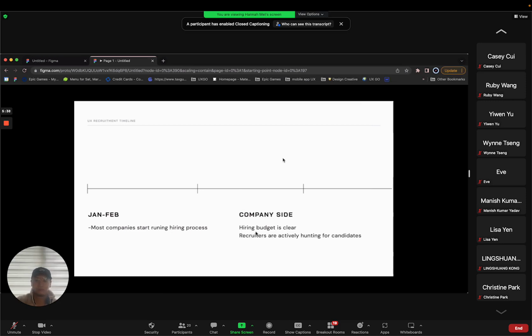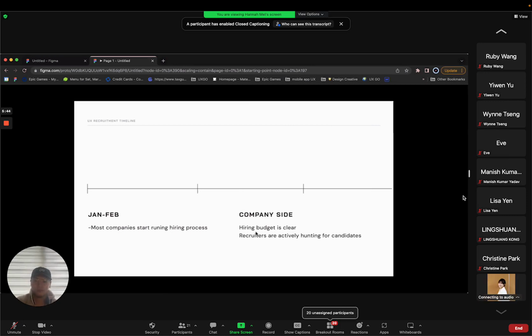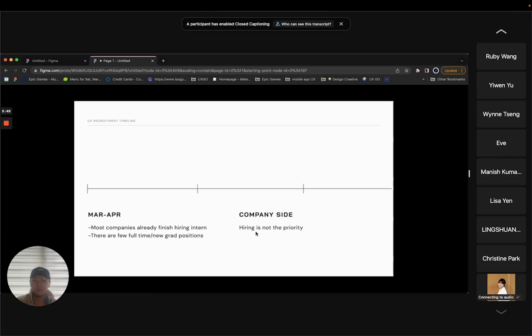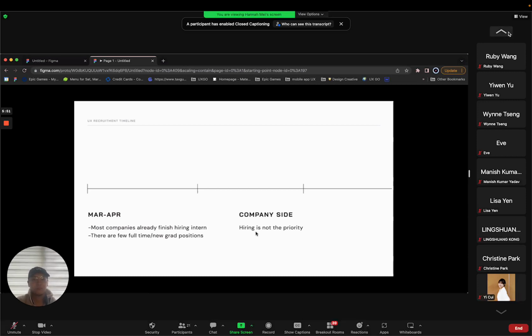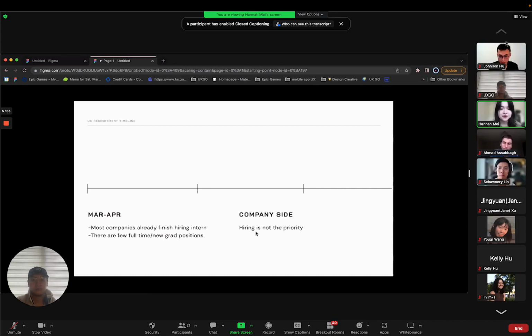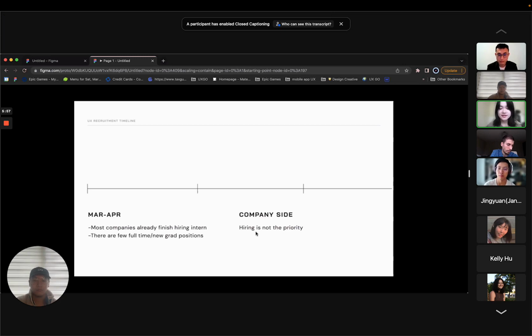Also, there are some new openings that come out during January and February. It depends on the companies. For March to April, most companies have already finished their intern hiring plan, but there are a few full-time or new grad positions they are still hiring for. So we can see